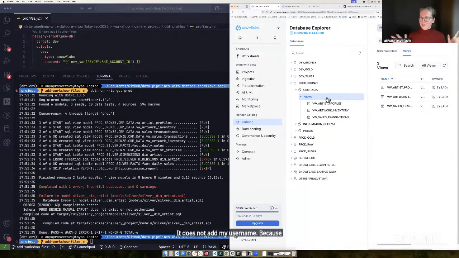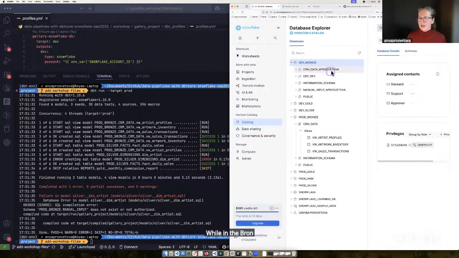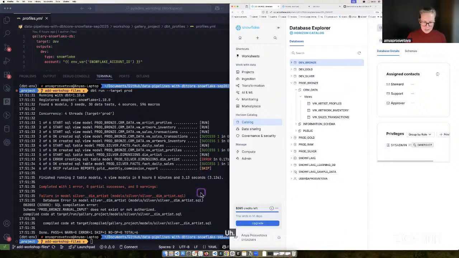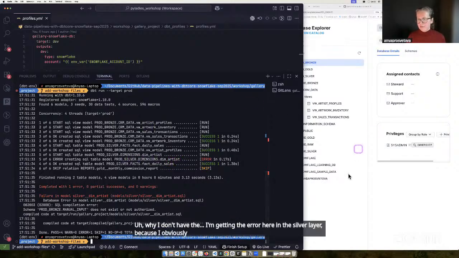In production, you don't need to have a username. Everyone should access the same data. While in the bronze, I had my username added to my schema because other people might work on the same data. I'm getting the error here in the silver layer